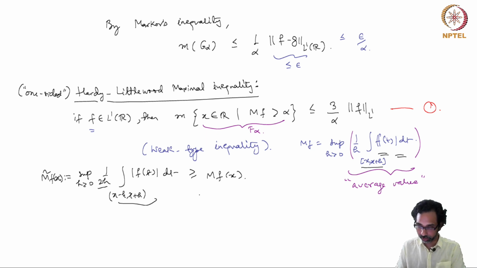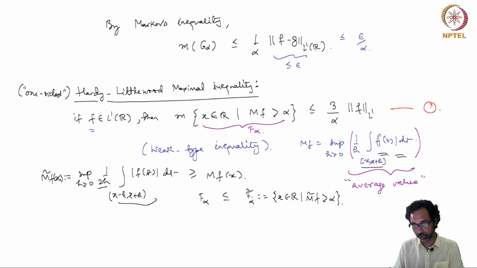So we have that F alpha is a subset of F tilde alpha, where F tilde alpha is defined using M tilde rather than M. And so the measure of F alpha is less than or equal to the measure of F tilde alpha, and for F tilde alpha we have proved the Hardy-Littlewood maximal inequality. So this concludes our proof of the Lebesgue differentiation theorem in R,